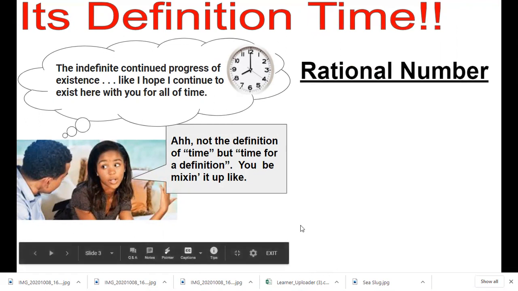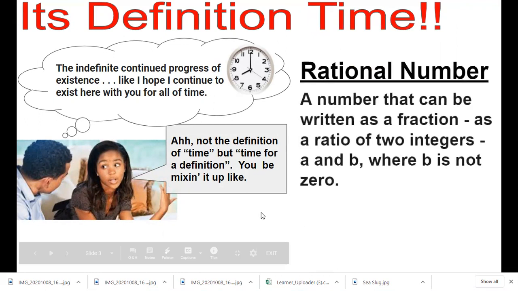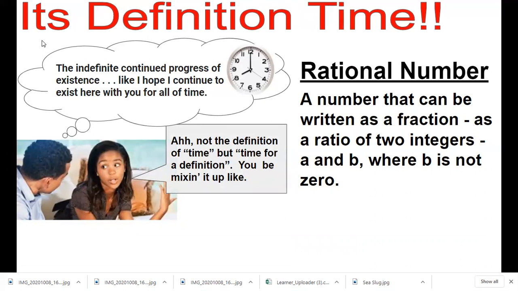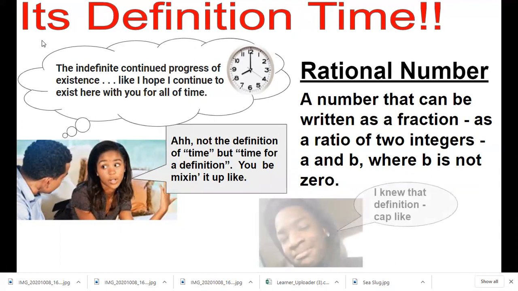What is a rational number? Here is our definition: a number that can be written as a fraction, as a ratio of two integers a and b, where b is not 0. And this guy says, I knew that definition, cat-like. Okay, what does that even mean? Well, that means that